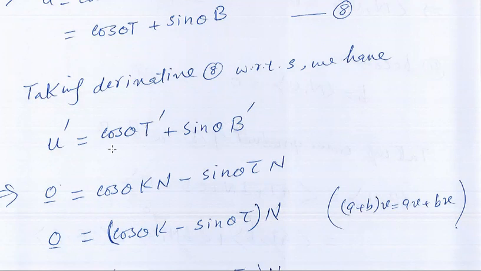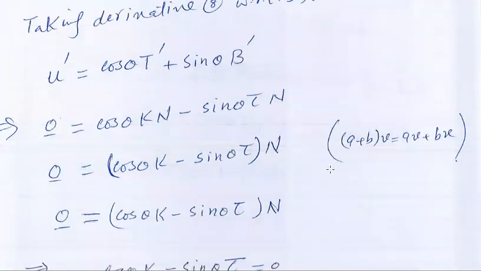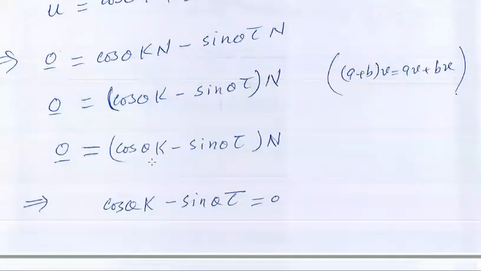U dash is 0, because U is a fixed unit vector. And T dash is equal to k n, and B dash is equal to minus tau n. So 0 is equal to cos theta k n minus sine theta tau n, that is, cos theta k minus sine theta tau